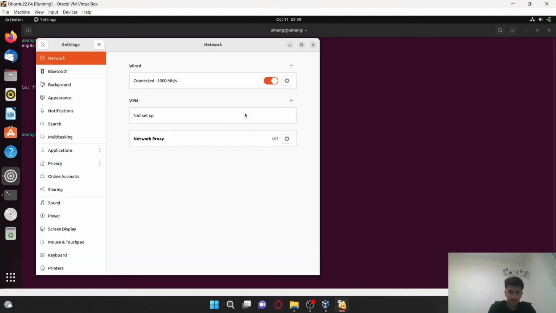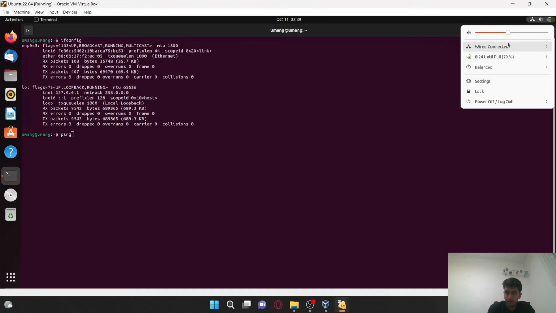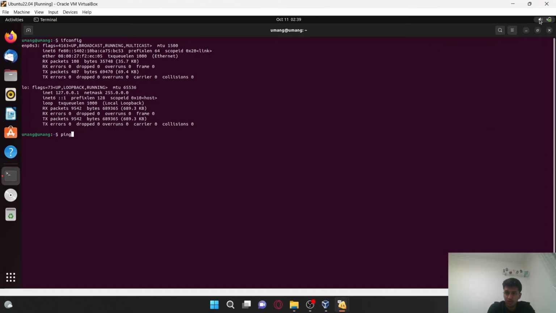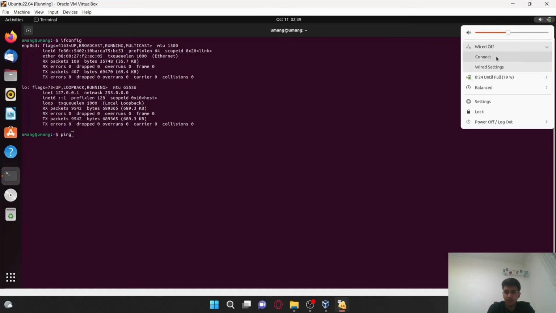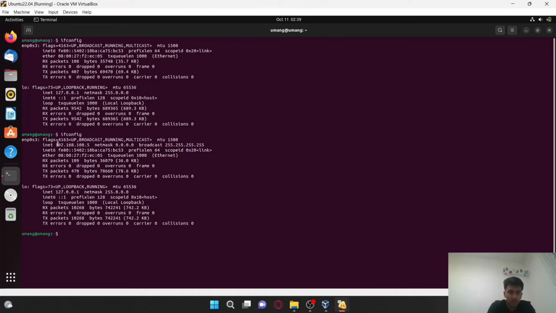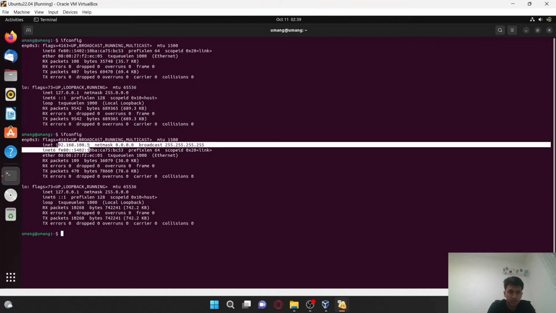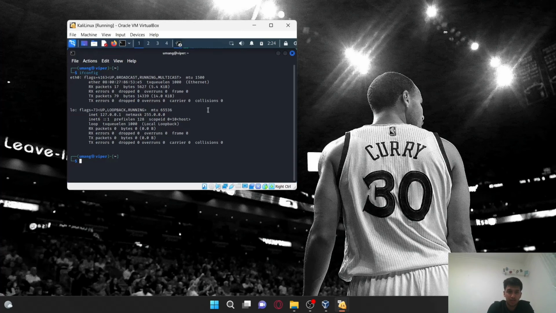Just apply, and close it. Then turn it off for a few seconds, connect it again, and it should be all good. Run ifconfig. Yeah, I've got the new IP address here, 192.168.100.5.